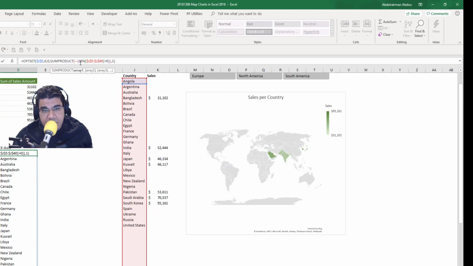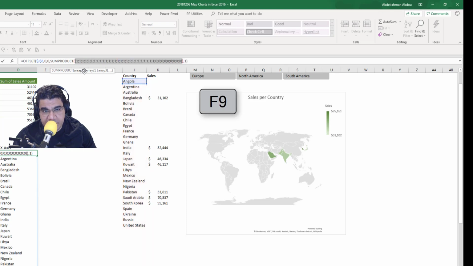So as you can see here, this is a Boolean test that is testing each cell here of these cells against a condition, and the condition is basically that we have more than 0 characters. And now we put these double negatives just to convert these true and false values to ones and zeros. So if I highlight this whole thing here, including the double negatives, so the whole thing with brackets around the LEN, including double negatives, and I press F9, as you can see here, I get ones and zeros. So actually the SUMPRODUCT is just going to sum these ones and zeros, and I'll get a value, and